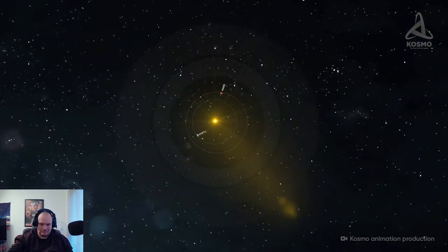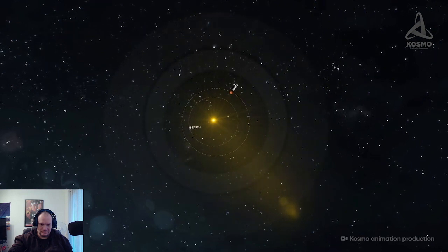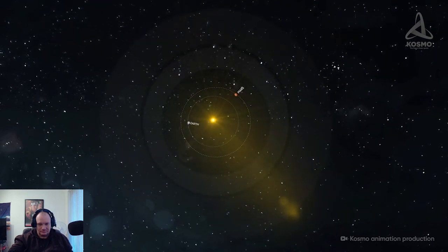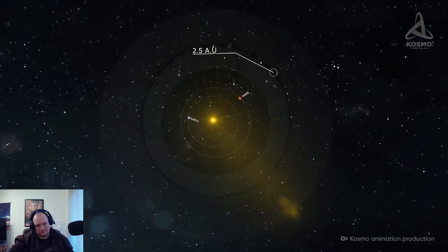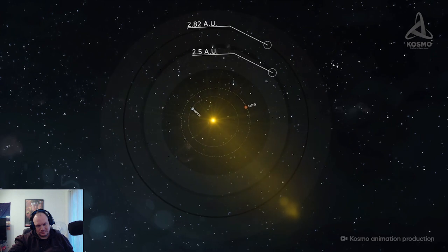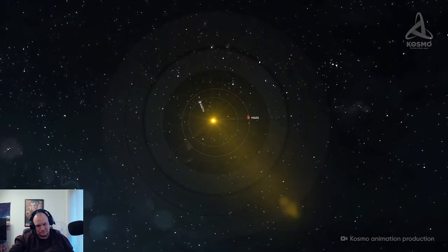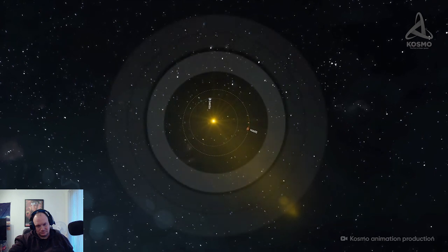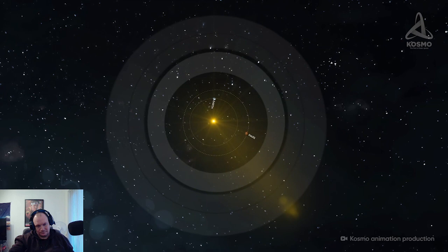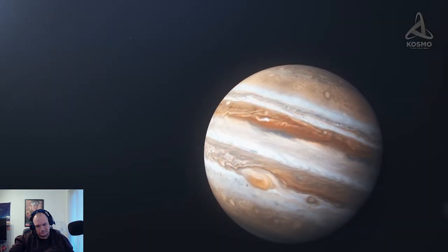Kirkwood gaps can be found not only on the conventional borders of the belt, but inside it too. Two of the most clearly defined gaps lie 2.5 and 2.82 astronomical units away from the Sun. The asteroid belt is also conventionally divided into two large areas, inner and outer belt. The border between them is a Kirkwood gap with a radius measuring 2.5 astronomical units, which coincides with the highest